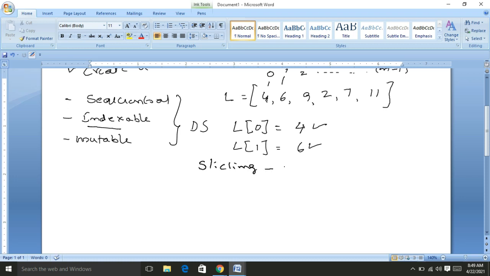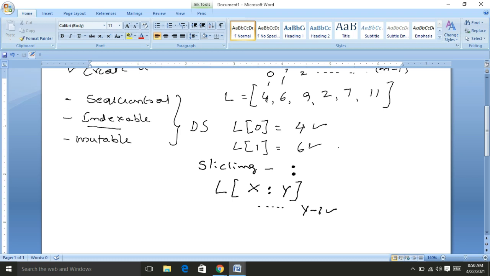To do slicing, we use the colon operator. We write the colon operator in a list like this: this is the list, this is the starting index x, then the colon, and this is the ending index value y. Then Python will print the values within the list from the starting index x up to the ending index value y minus 1. Let me explain.